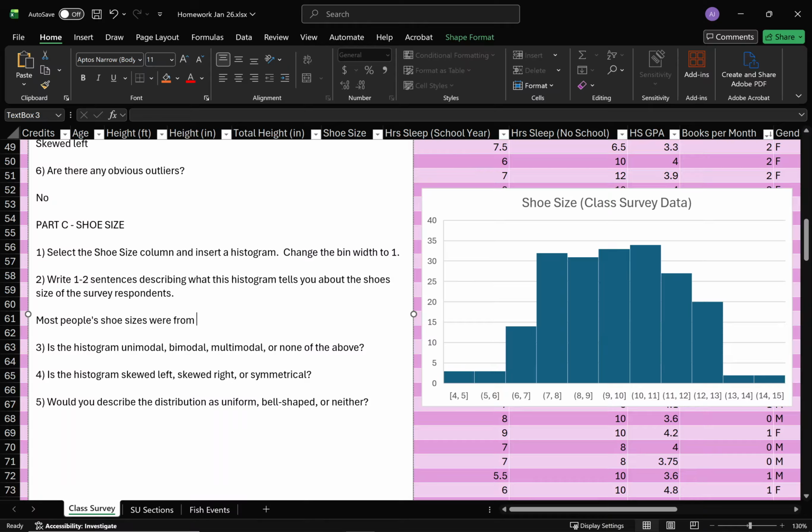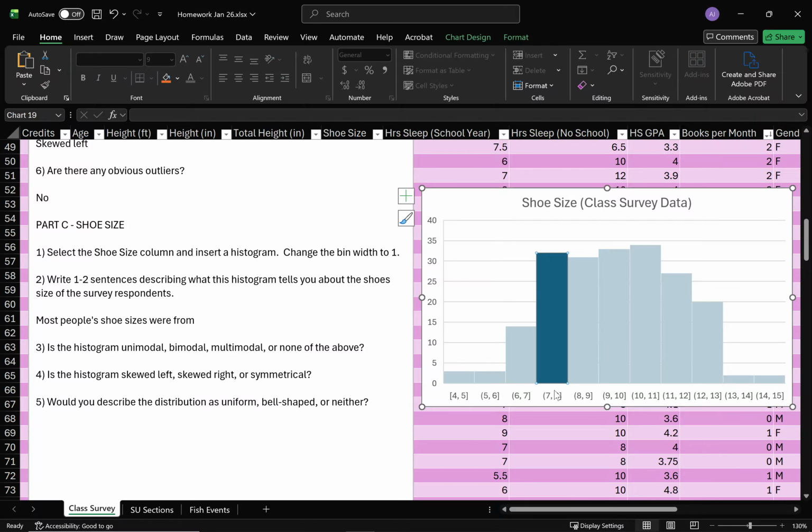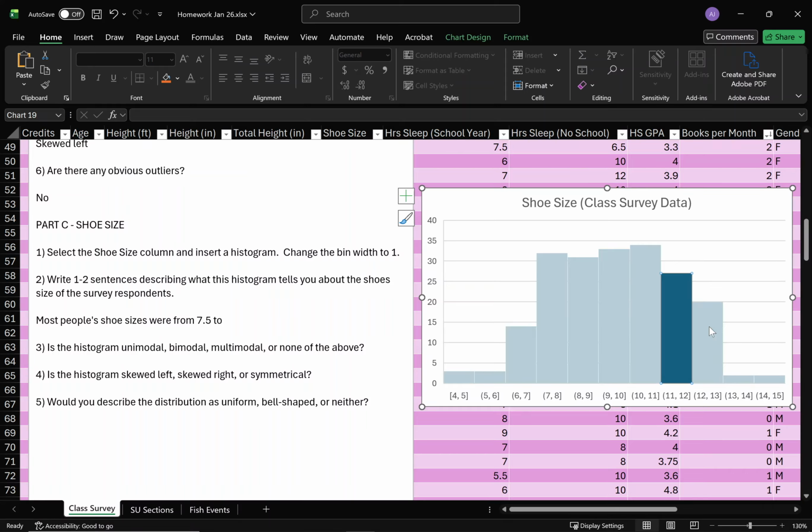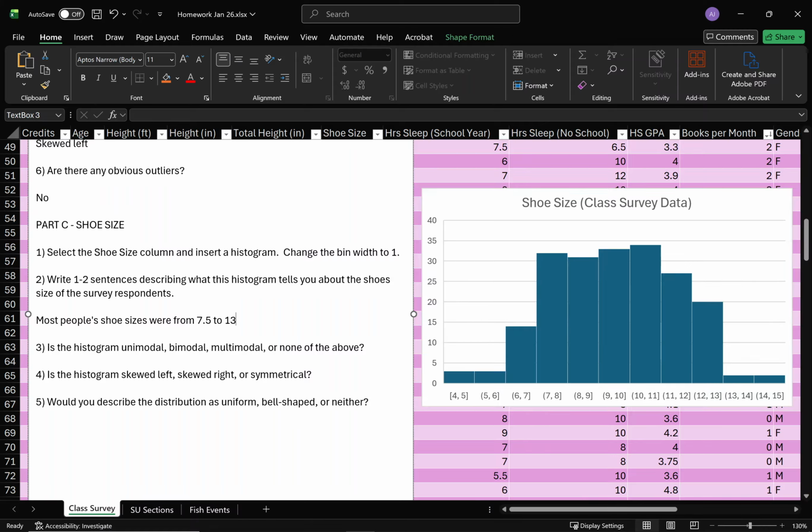Let's see, where does the first tall column start? So this column here, this is from 7 to 8. It does not include 7. So the first shoe size that would be in this column would be 7.5. So I'm going to say these are from 7.5 to the last actually popular one. Should I go with this one or this one? I guess this one. So this stops at, and it does include 13. So we'll say to 13 with just a few people